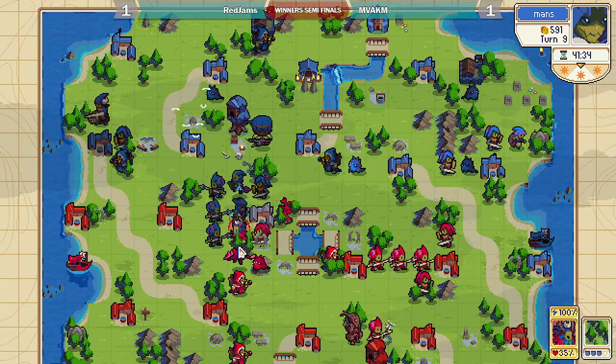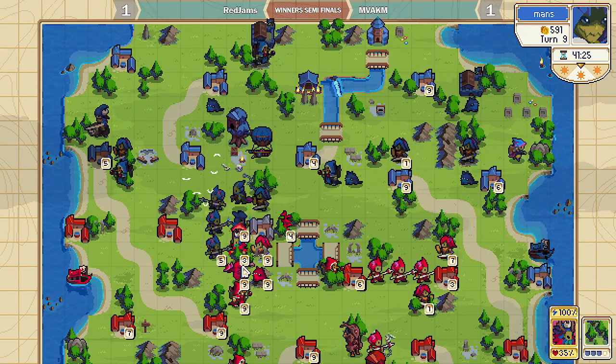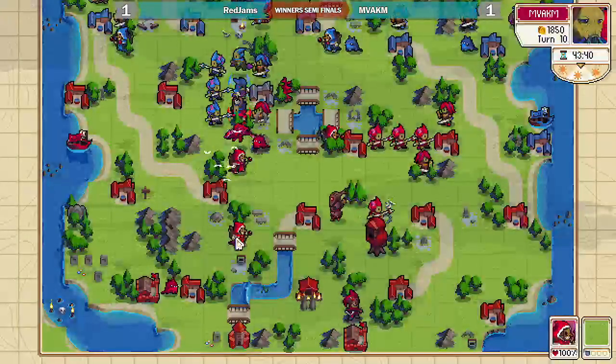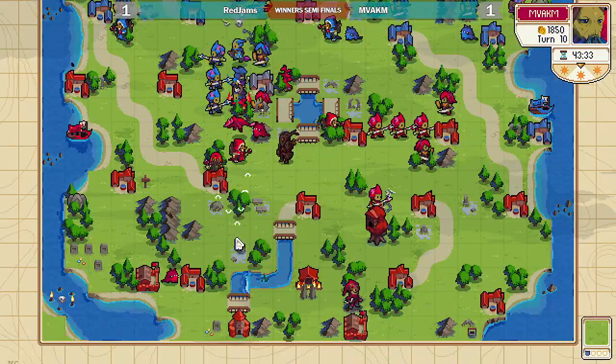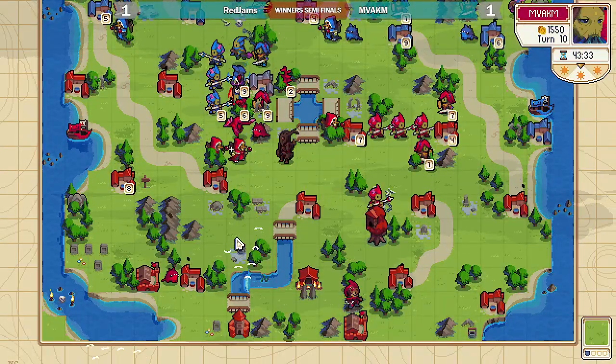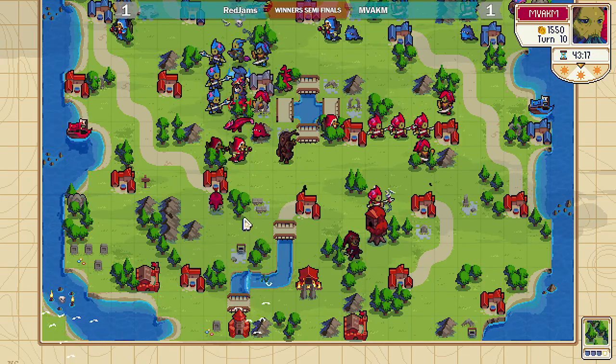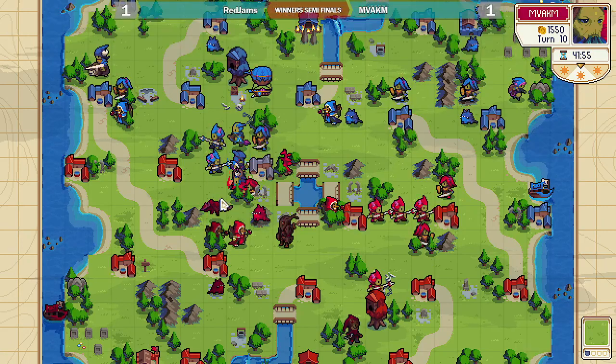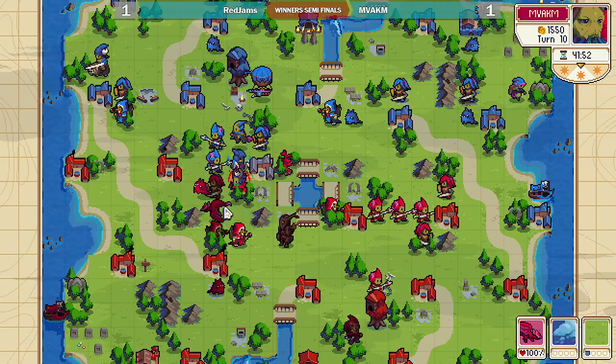Oh wow, Greenfinger takes a ton of pressure. It does get Groove from that attack. Yeah, it's kind of a weird trade. I'm not sure if it was worth doing that. Is MVAKM gonna try and end? No. No, but you can definitely punish this with like...